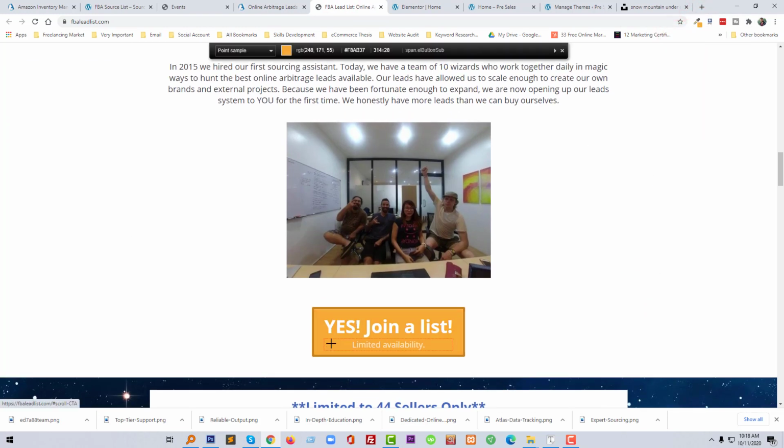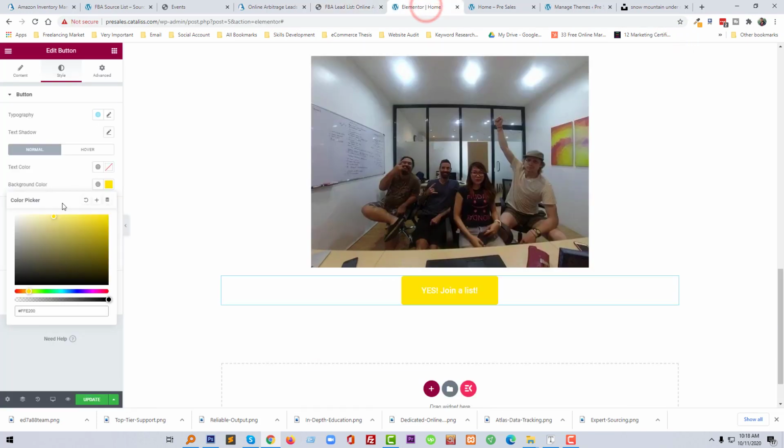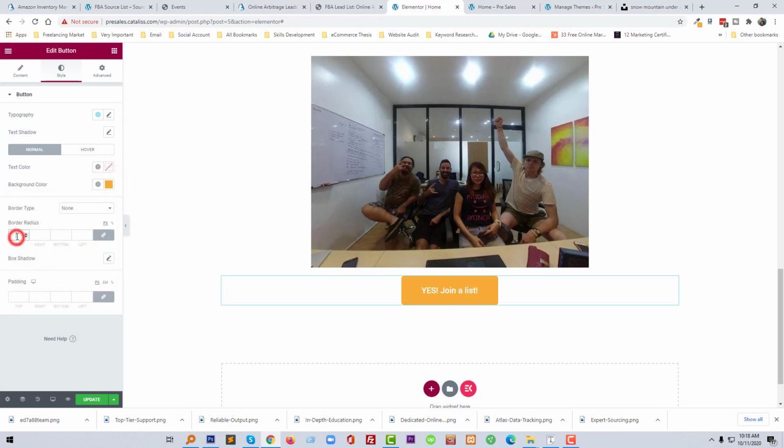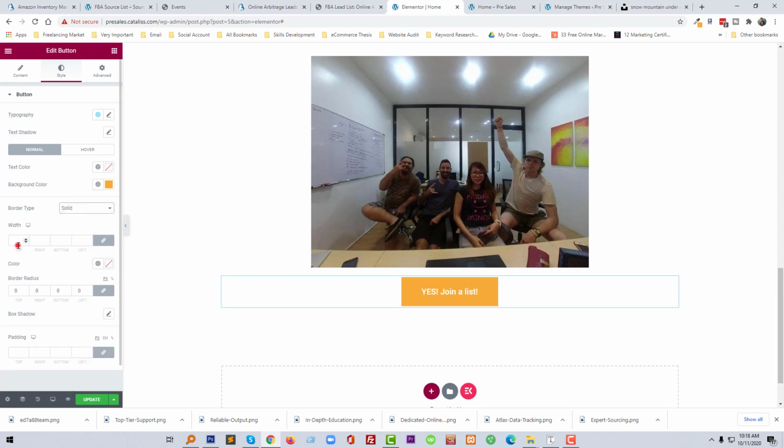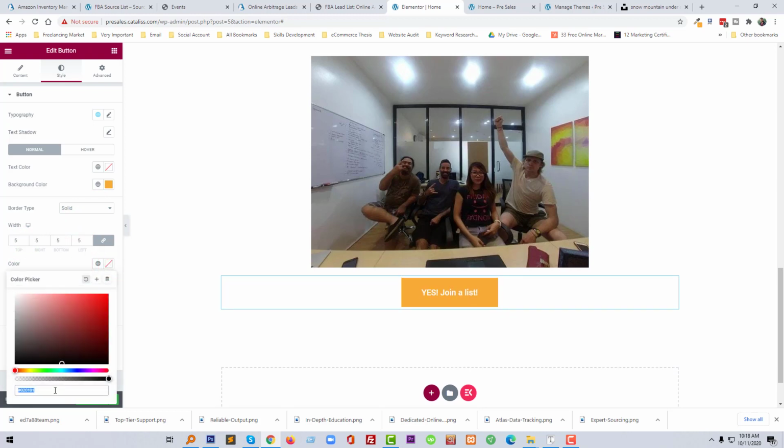Going to copy this color and paste here, changing border radius, add border solid 2 pixel or 5 pixel, border color. Okay,